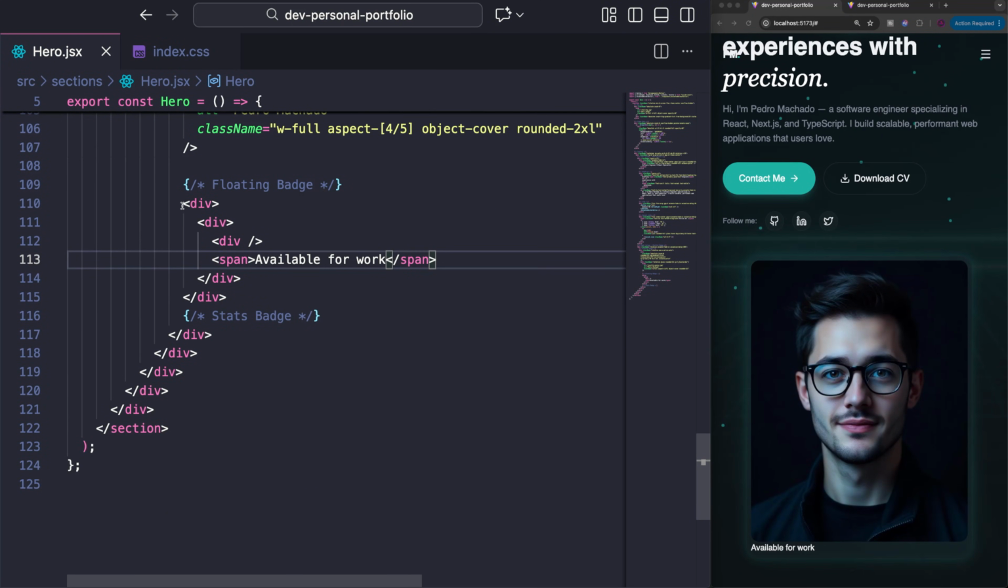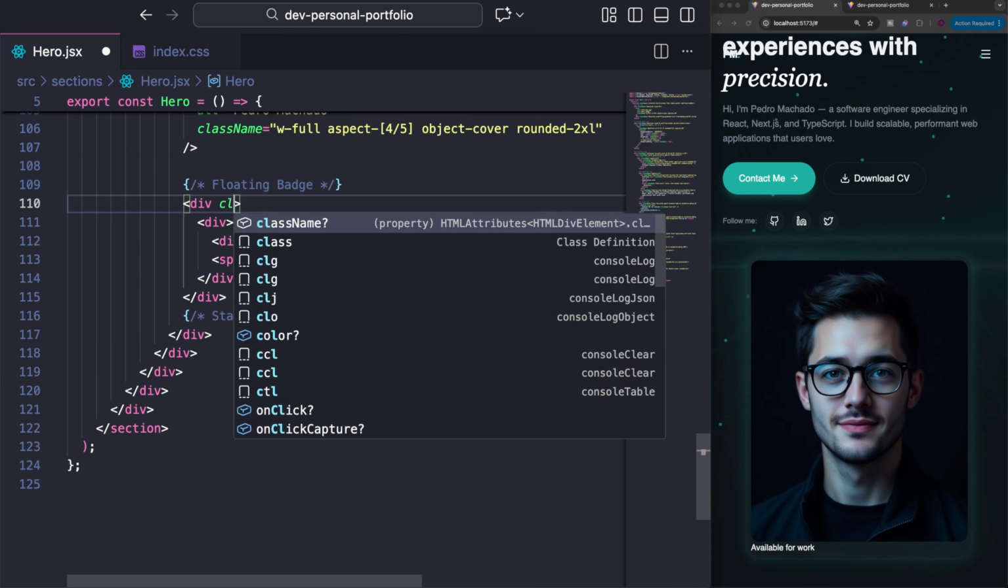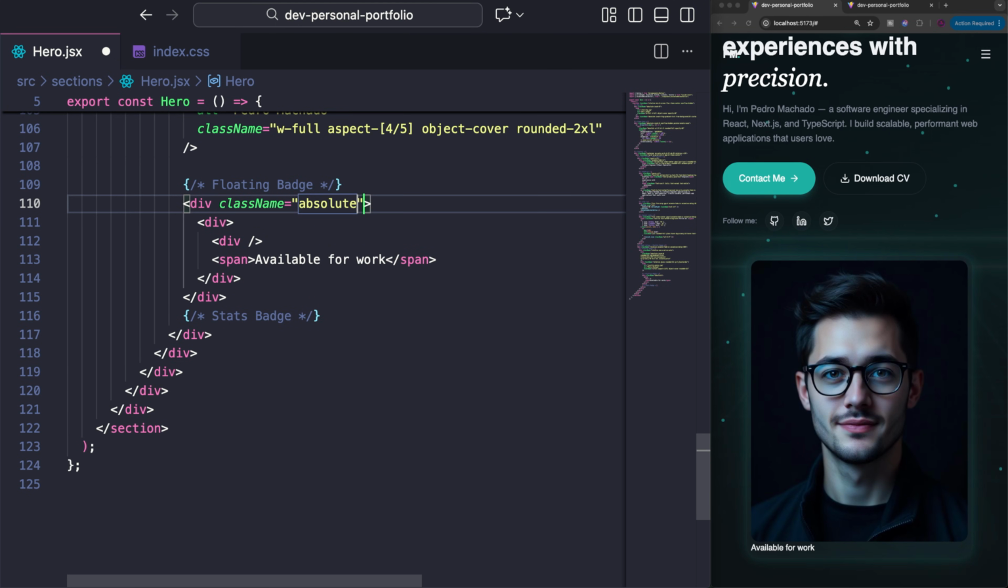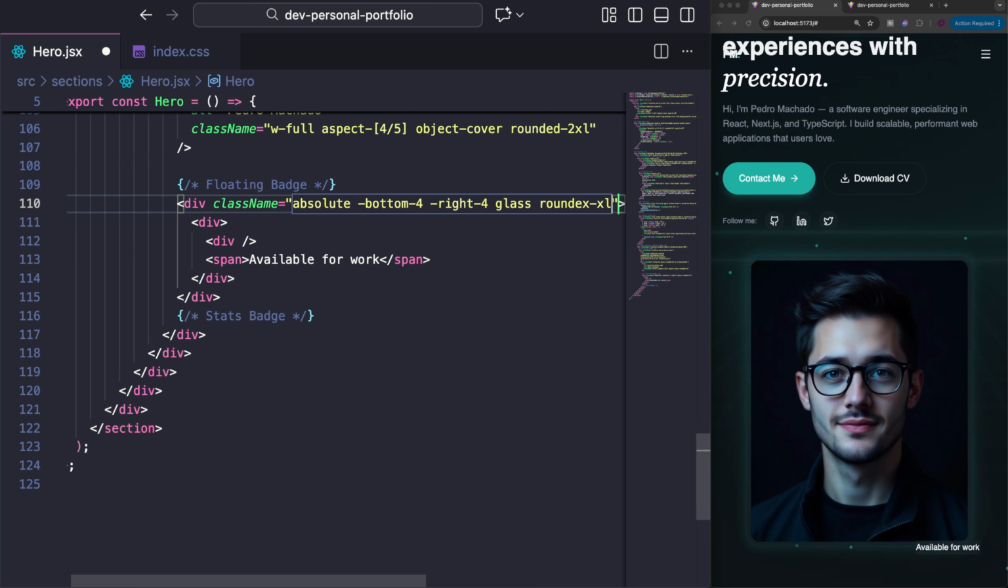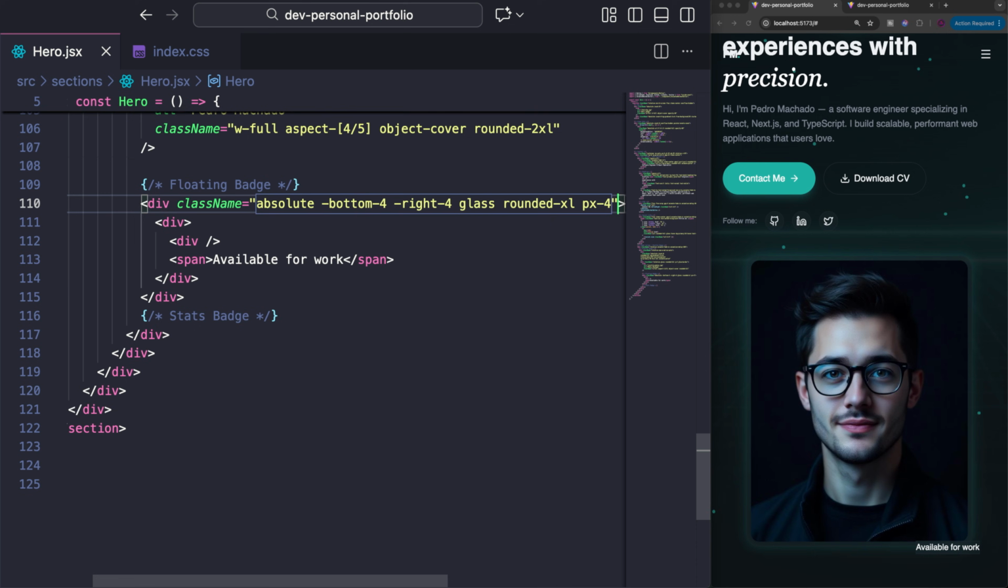Then I want to set the class name of this to be position absolute, because it's absolute inside of this card. I'm going to set it to be negative to the bottom 4. So it's basically a little bit below the bottom, and negative to the right. So you see negative right of 4. So it's also a little bit to the right. And then we're going to make the background be glass. We're going to make it be rounded. So I need to change this to say D. And then I'll make the padding X to be 4. And then a